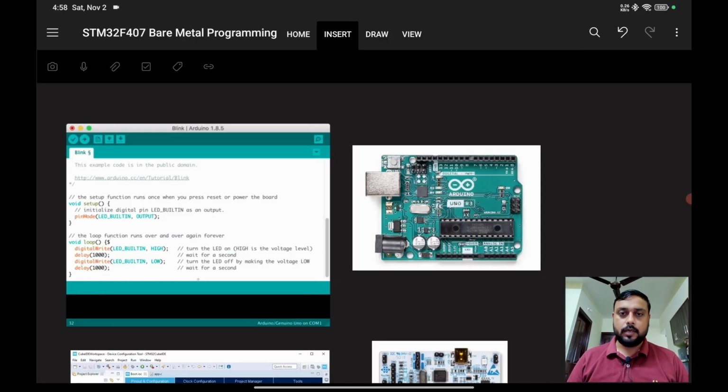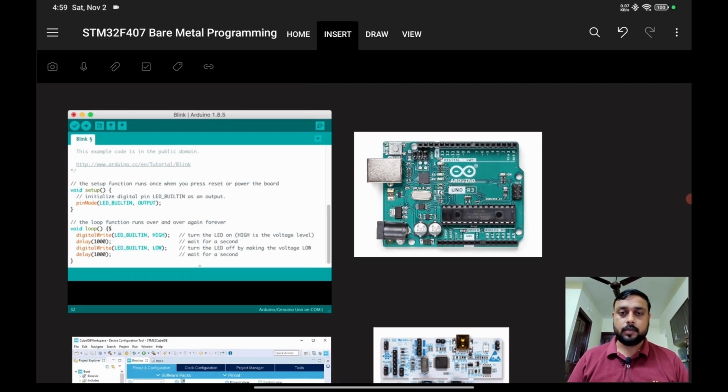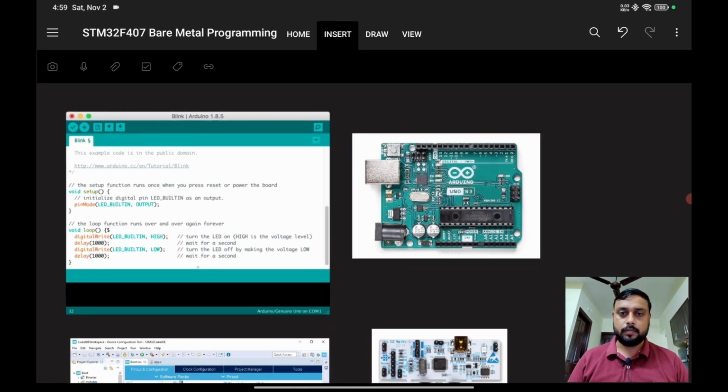So if you have already done some kind of microcontroller programming, maybe Arduino or maybe some STM32 discovery board or Nucleo board or maybe some Texas Instruments TIVA-C series. So any of these boards, if you have done the programming, then you are well and good to continue from here. Mainly you should know a little bit about C programming and memory mapping of C programming,